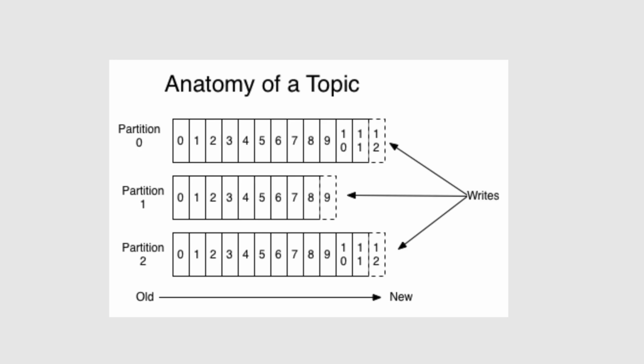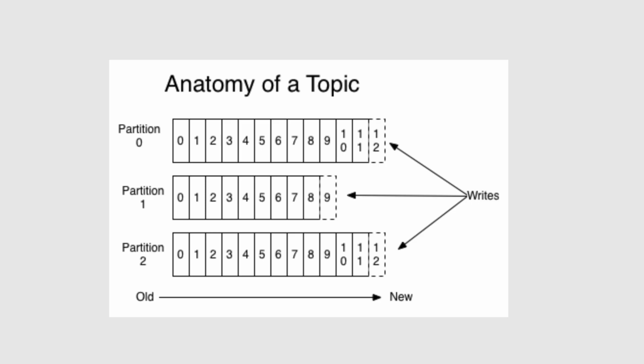So here we have the anatomy of a topic. We have 3 partitions, and a partition is the smallest storage unit that holds a subset of records owned by the topic. So whenever a producer sends information to a topic, it can be sent to multiple partitions within the topic. So say for instance, in this case, there are 3 partitions. It'll be written to each one of those partitions. And like I said, if it's scaled horizontally, it'll mean that there's one partition in each broker. Say for instance, there are 3 brokers. There can be partition 0 in one broker, partition 1 in another broker, partition 2 in another broker.